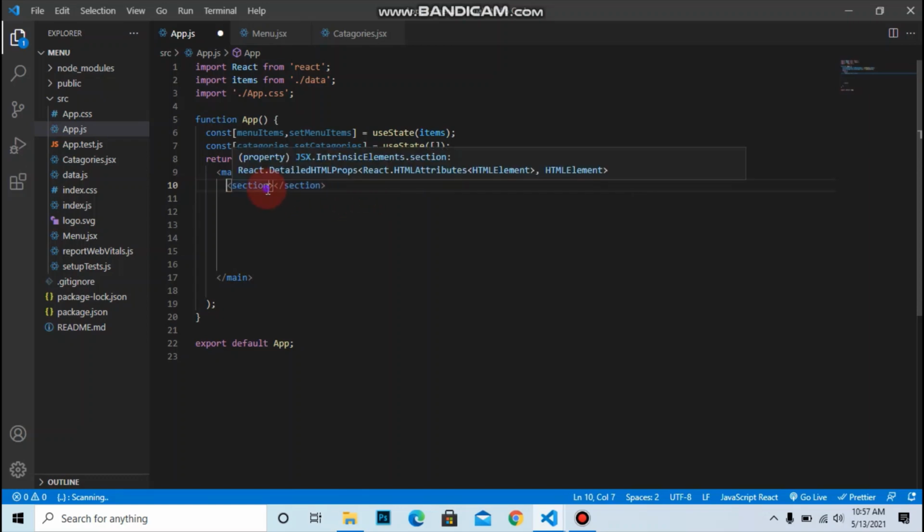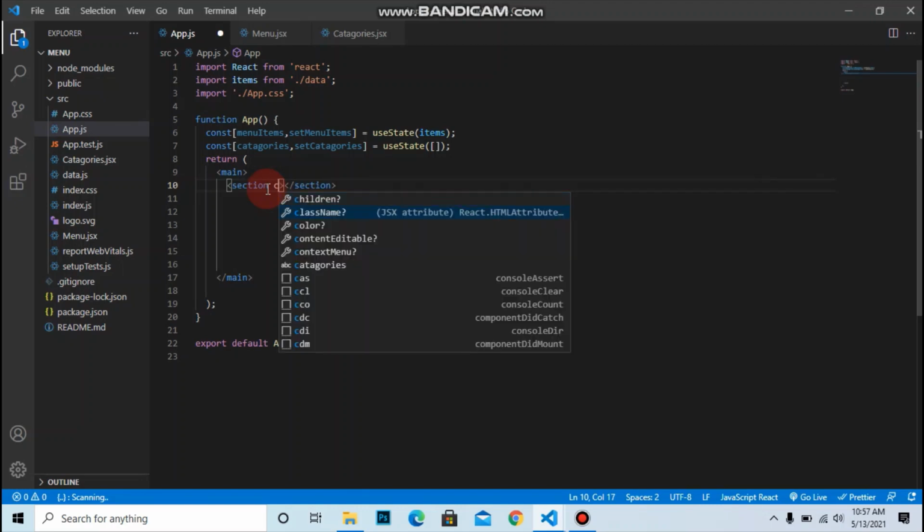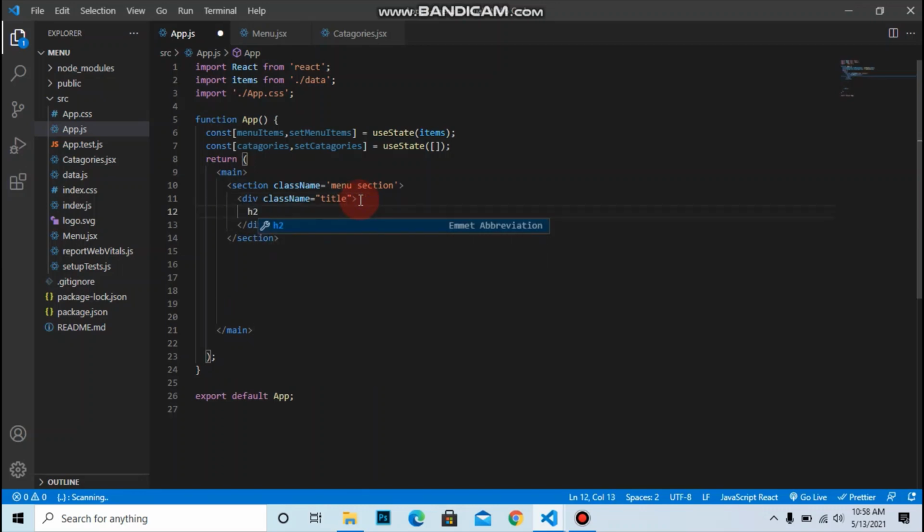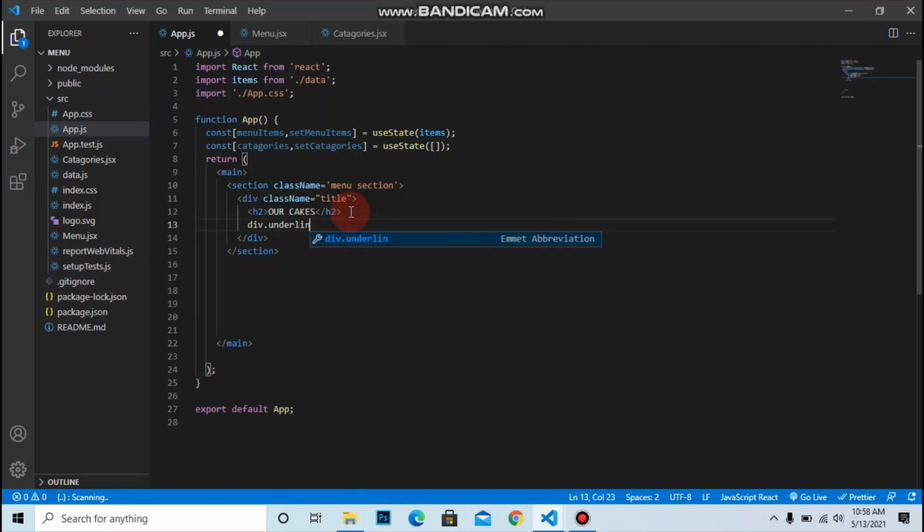Let's add the class name to the section, that is menu-section. Inside the section, let's make one div tag with class name title. Inside title, let's make an h2 tag for our cakes, and let's add the underline, div with class underline.